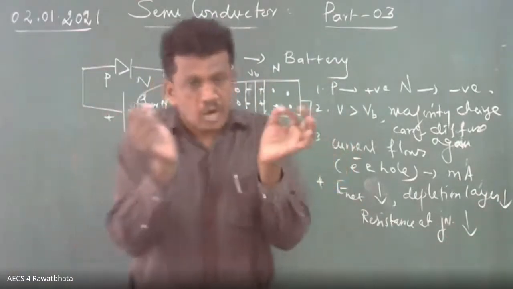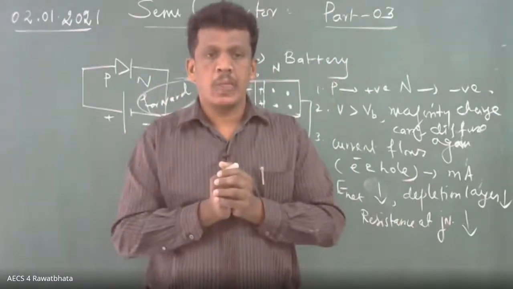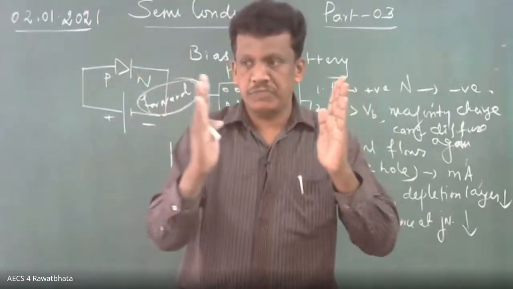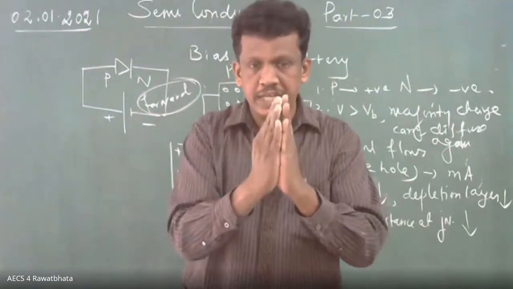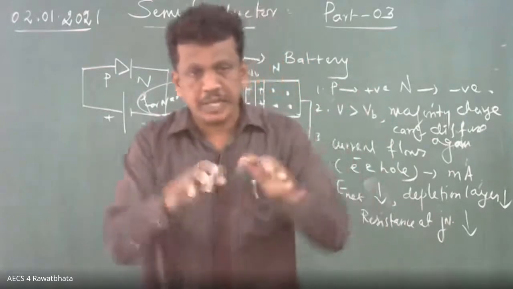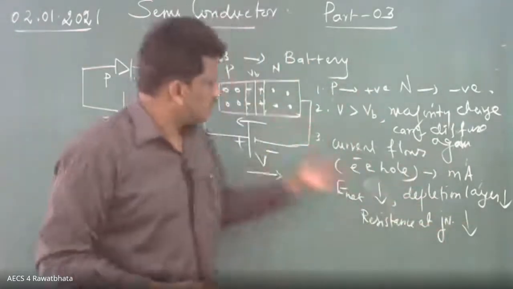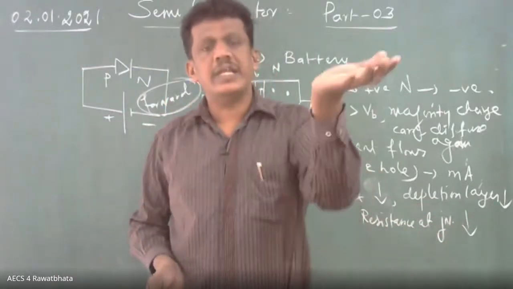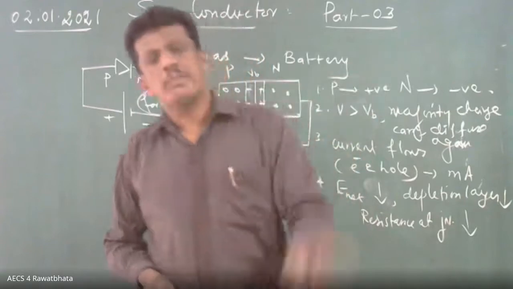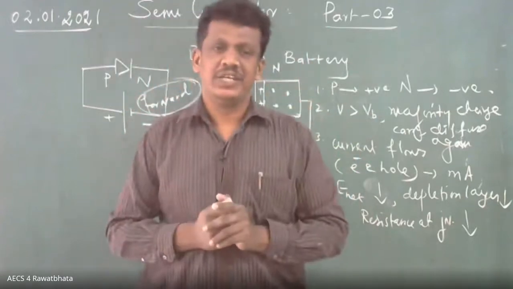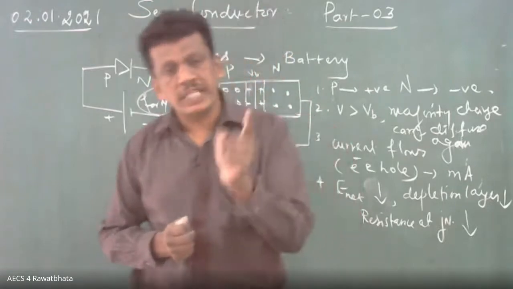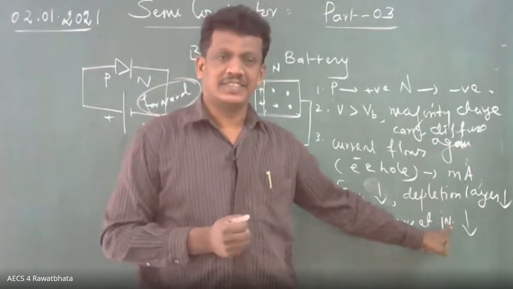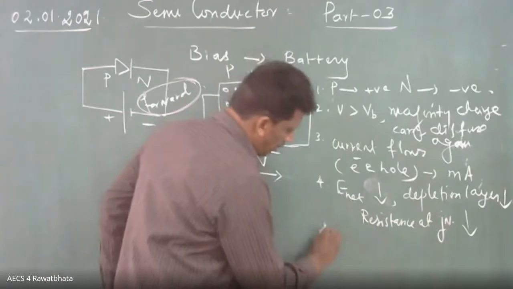Okay, so once the forward bias is given, what will happen? The width of the depletion layer decreases, because the majority charge carriers diffuse, so automatically the width goes on decreasing. Width decreases means what will happen? It is nothing but an obstacle, no? The width decreases means resistance decreases. Resistance decreases means the current increases. Why does the current increase? Because of majority charge carriers. So during forward bias, the majority charge carriers are responsible for electrical conduction. So the current is because of majority charge carriers.